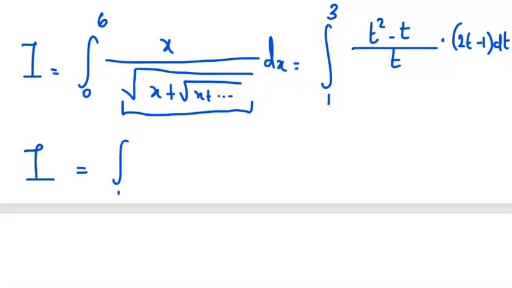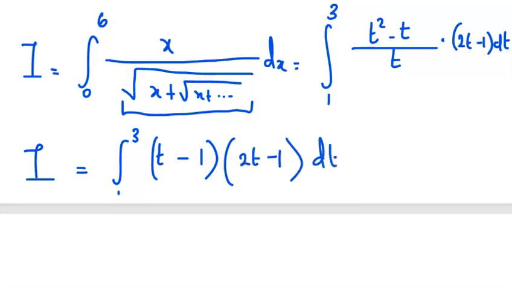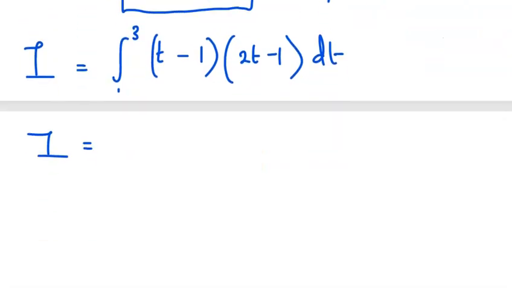So here our I is going to be equal to the integral from 1 to 3. t squared minus t divided by t: t squared divided by t will give us t, minus t divided by t, that will give us 1. And here we have 2t minus 1, and then dt. So we're going to expand. Expanding, we get the integral from 1 to 3 of 2t squared minus 3t plus 1 dt,